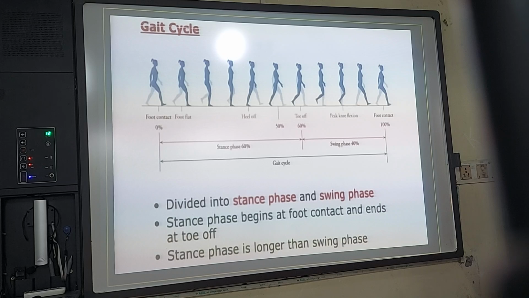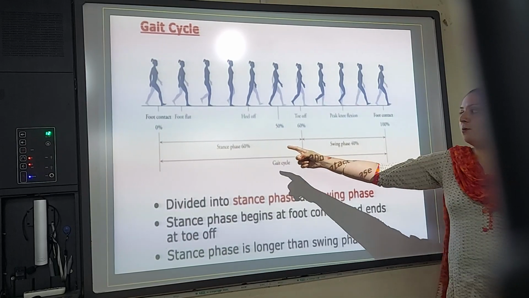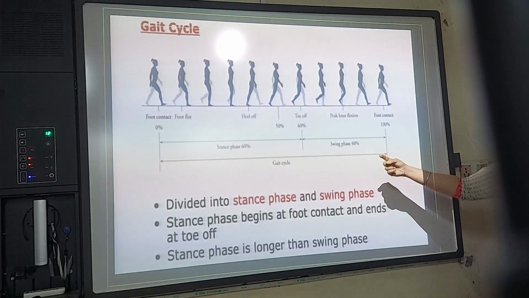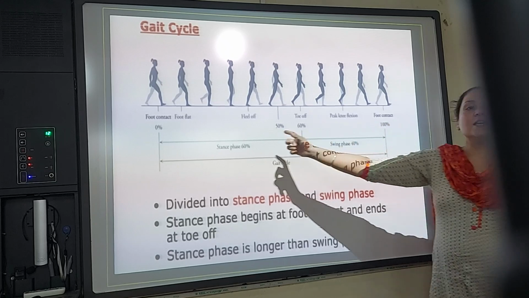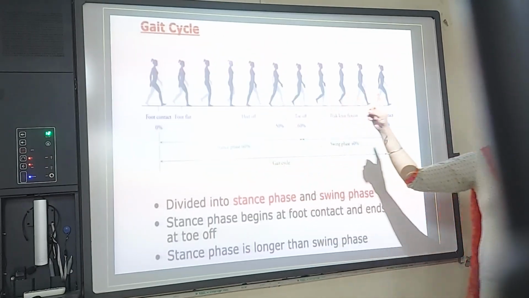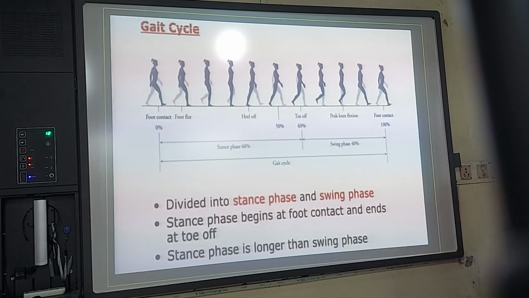This is a very important part which we miss, and which, when we compute on a computer, on MATLAB or through this software, they give you this kind of a breakup. What kind of a breakup? How much is the stance phase, how much is the swing phase, how much is the left foot swing phase, how much is the right foot swing phase, how much is the right foot swing time, how much is the left foot swing time. It gives you this kind of information.